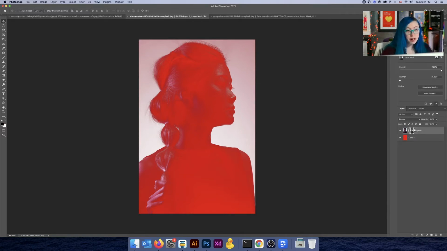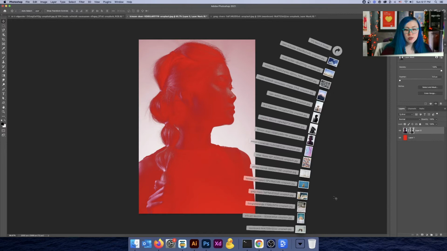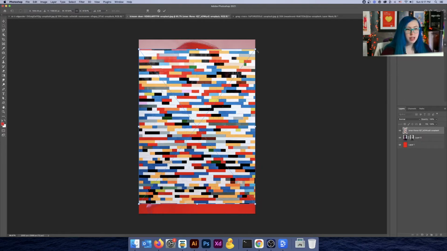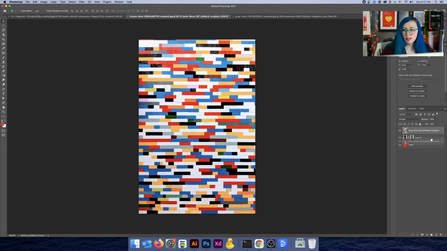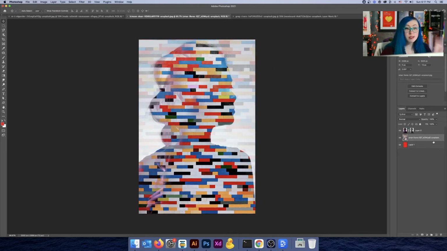All right, so we're halfway there. This is the opposite of what we want. In fact, what we could do is drag in our pattern here, scale it up just a little bit, and drag it underneath and see what's going on. This is the opposite effect of what we wanted. We want the background behind her to show through, and we want her to be on top of it.